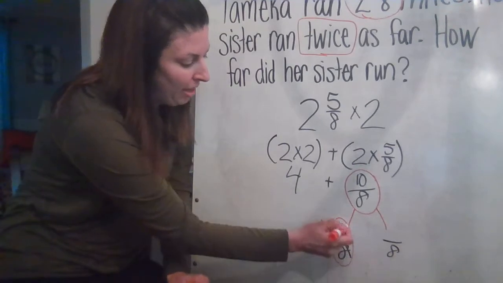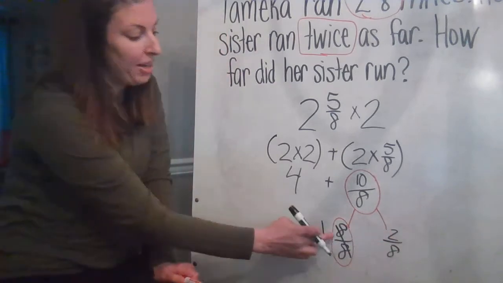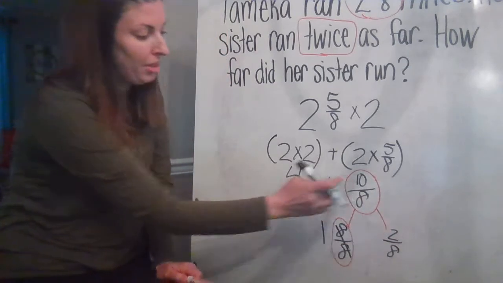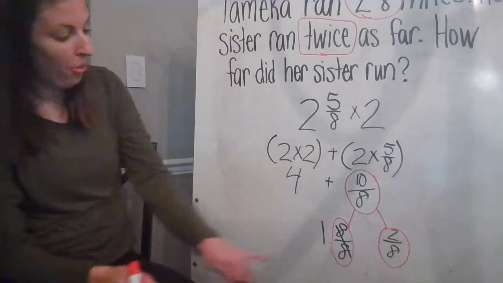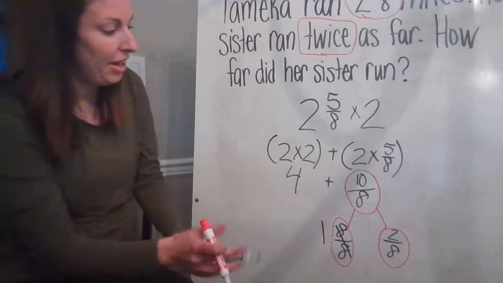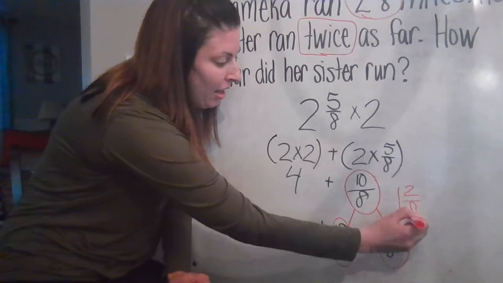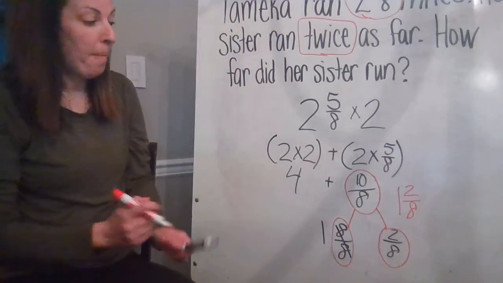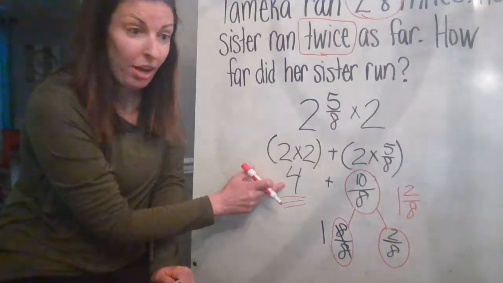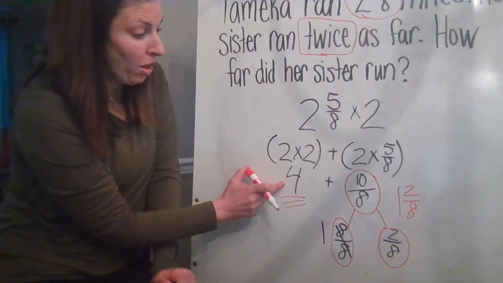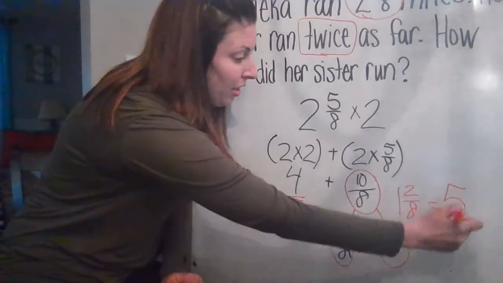And that leaves me with 2 8s left over because 8 plus 2 equals 10. Let me just finish up my number bond. So my mixed number, instead of 10/8, I have 1 and 2/8. But I gotta make sure that I remember to add that to my 4. So I take my 4 plus my 1, which gives me 5,